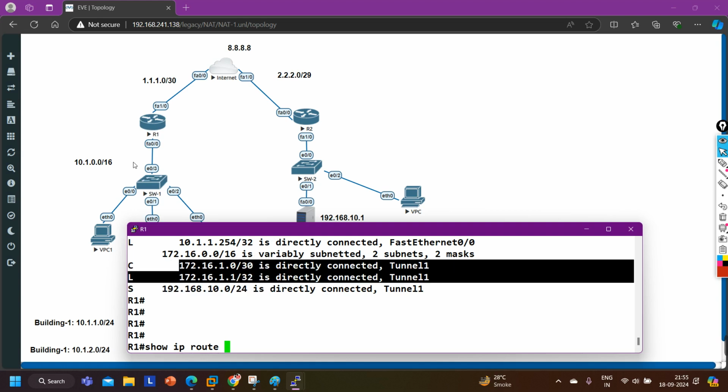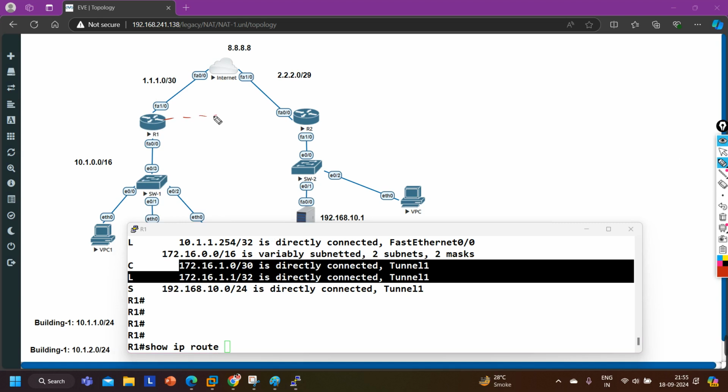No, no, I have configured one subnet on the tunnel interface. See what I did. I created one virtual link between router 1 and router 2. How? With the help of public IP address. With the help of my public IP address and remote public IP address, because both are reachable, right? So with the help of those public IP addresses, I have created one virtual link, and on that virtual link, I have defined IP address.